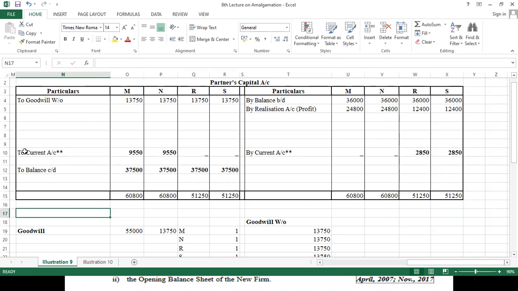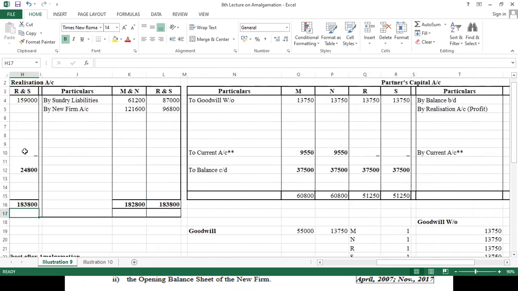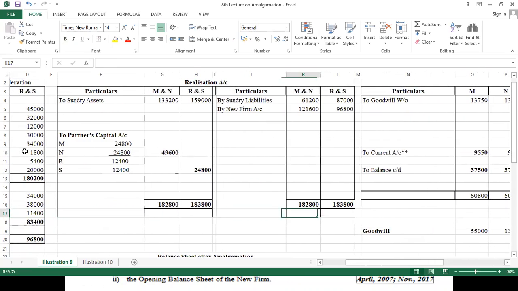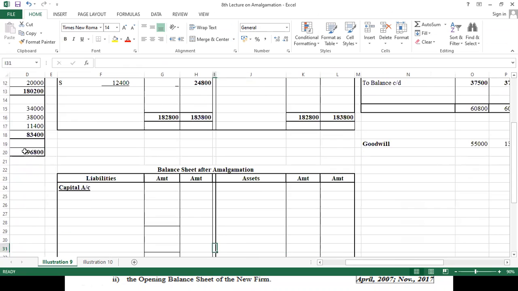So I think partners capital account is clear. Now moving to balance sheet. Balance sheet of new company. Now we have partners called M, N, R and S, and their capital is